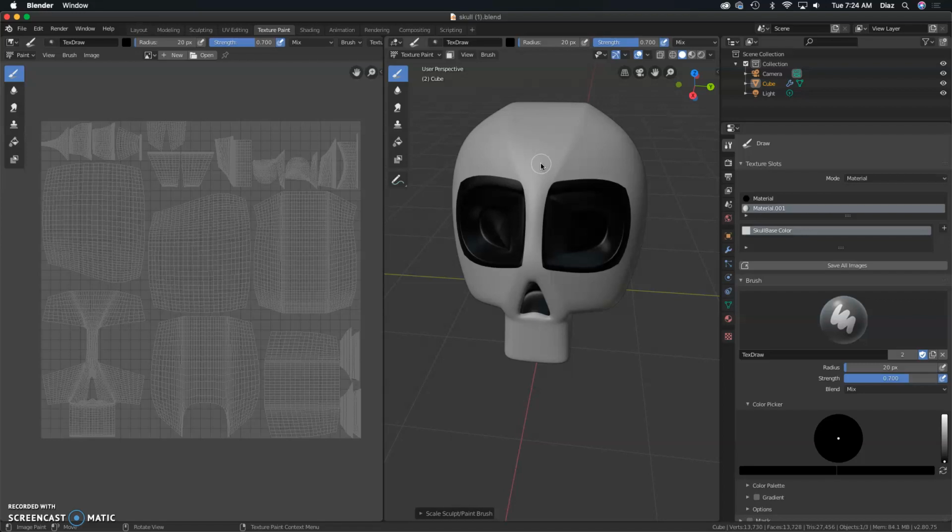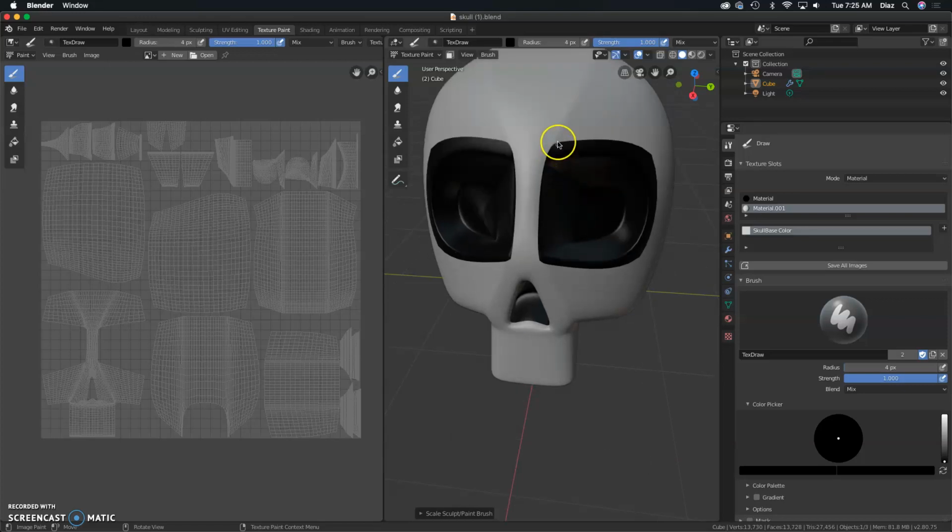So the left bracket next to P is going to be a smaller brush, and the right bracket is going to be a bigger brush. So I like that. You do also have strength here. For the purposes of this, I'm just going to max that out, and then I can start to paint. So one thing that you can do is you can paint either directly on